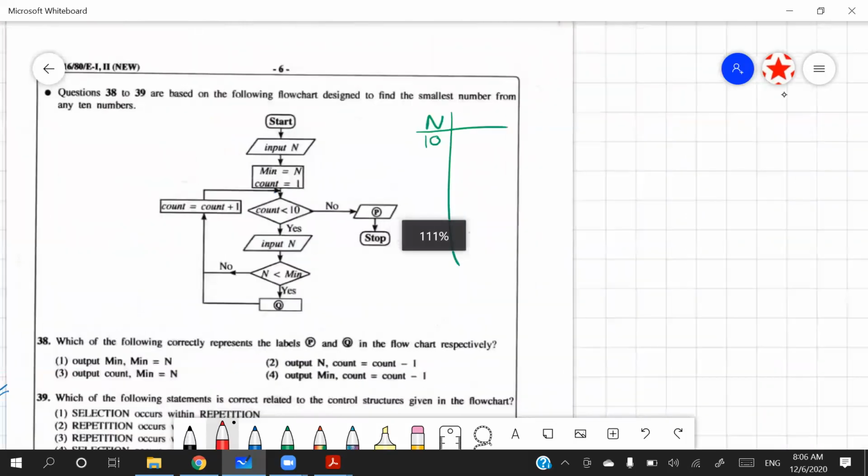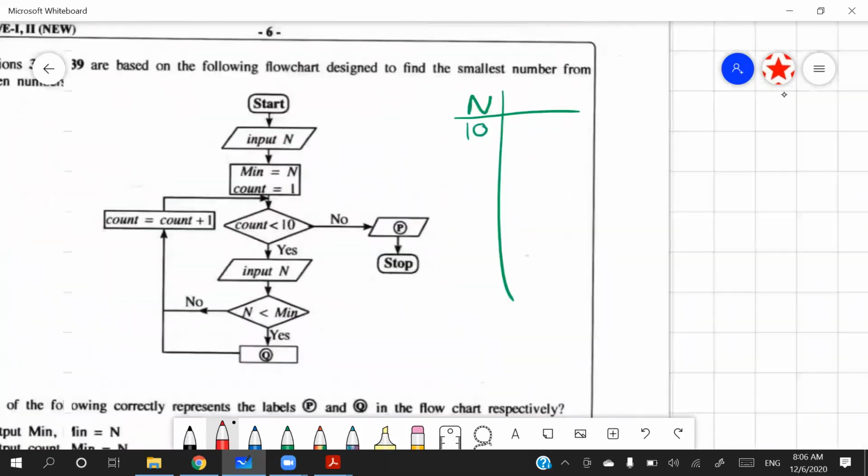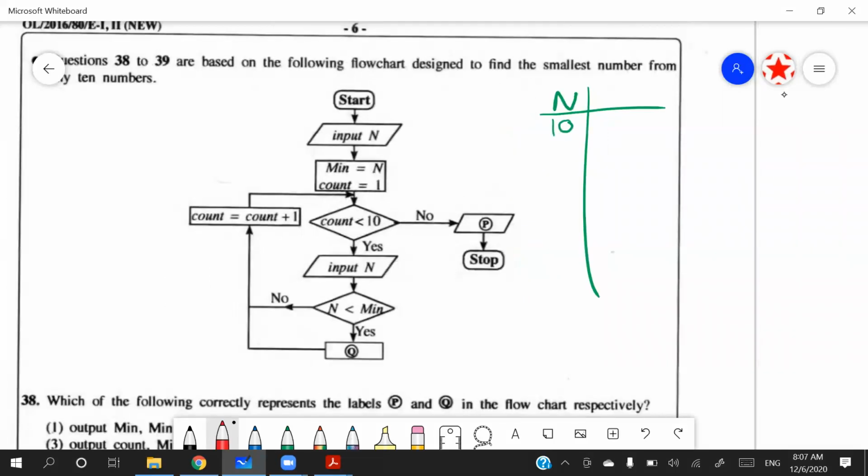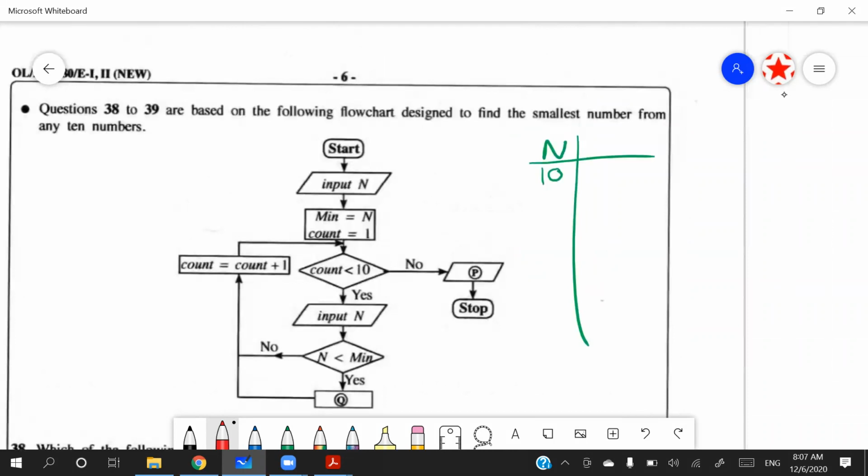Yes, now regarding the hand tracing, n, we are giving any number to the n because we don't know what the n is. In the flow chart, they are just saying they are going to choose the smallest from any given 10 numbers. So we are going to take 10, the very first value of n is 10. So min is assigned with the n. That means there will be a variable called min, and it is also having 10 because min is assigned with n. And there is a count to count the things,